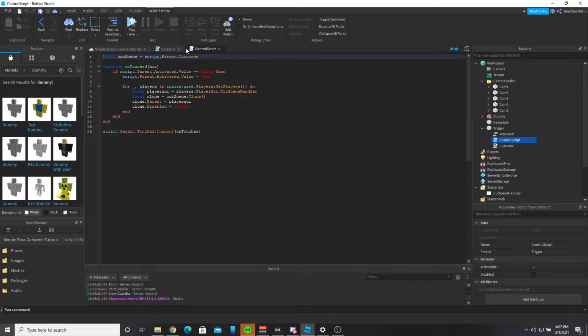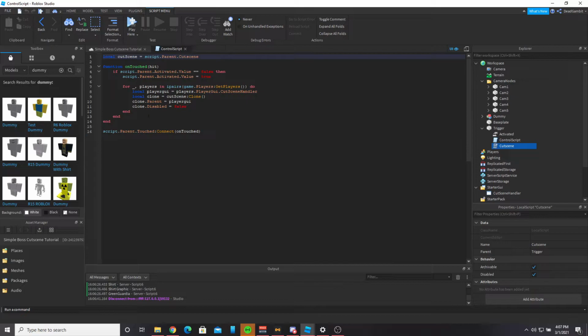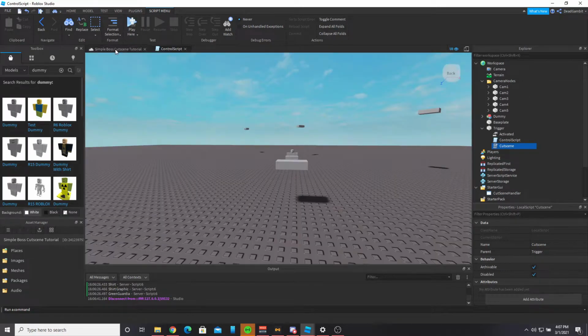So let's go back to our control script, and actually let's look at the cutscene. So it's looping through all 5 of these cameras for a duration of 2 seconds. So I'm just going to put a simple wait for 10 seconds,